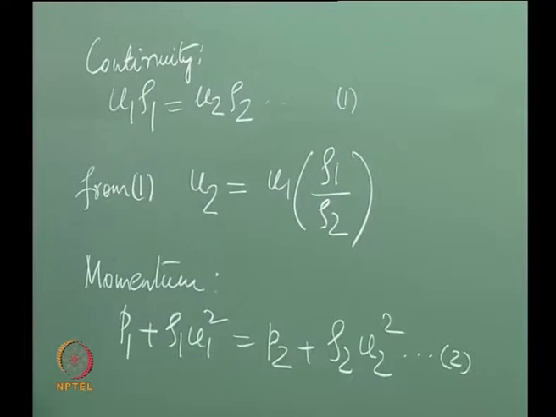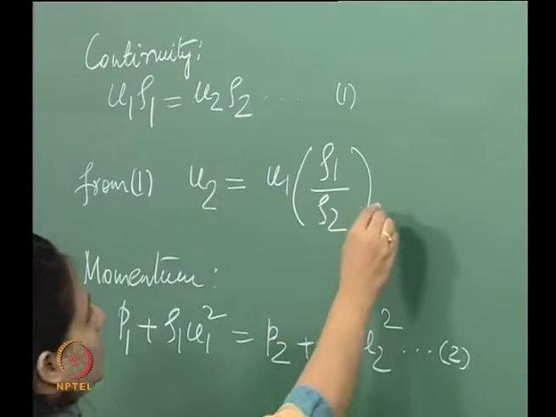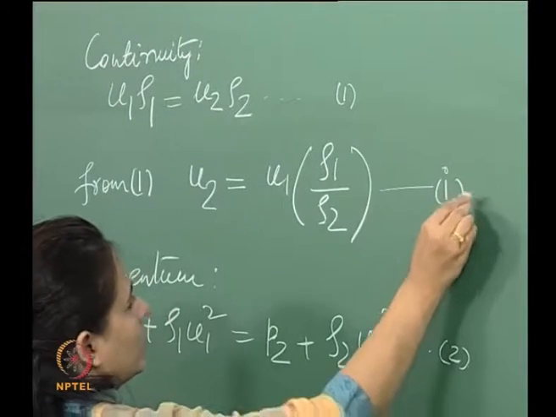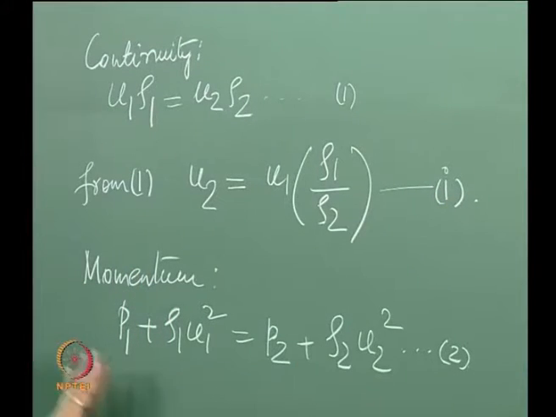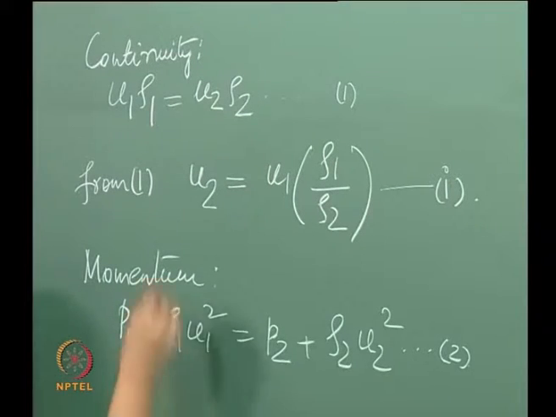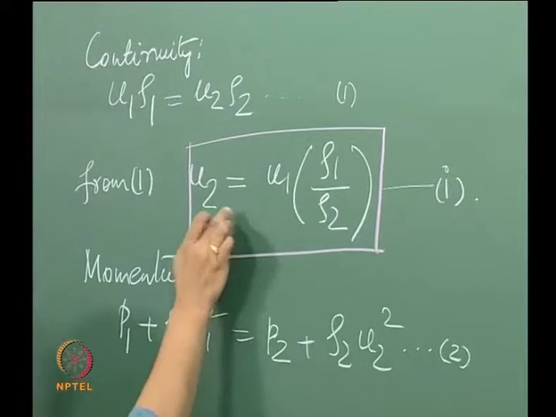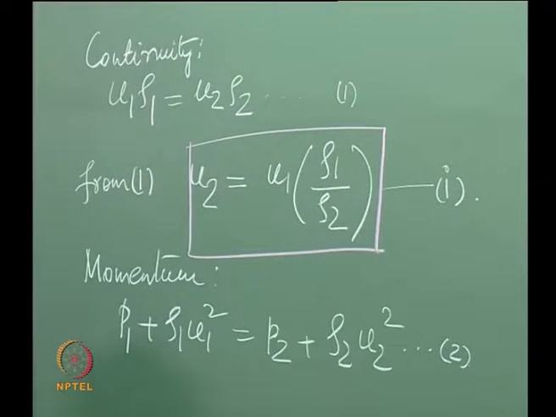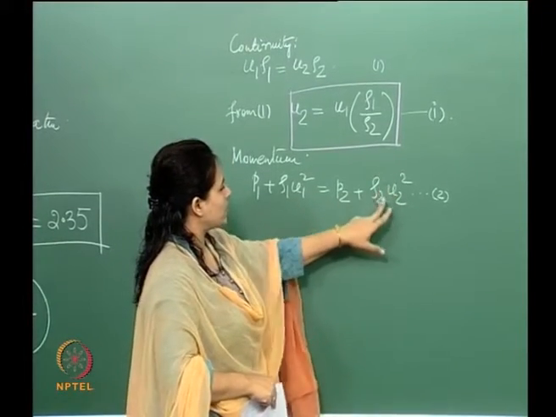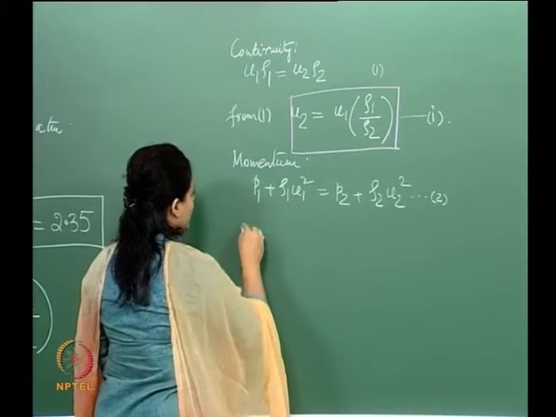So what we will do is, let's say this relationship is... right. So what we will do is we will incorporate this relationship here. Okay, we'll incorporate this into this. So in this equation 2, we will replace this u2 by this. Okay, so which makes this equation therefore